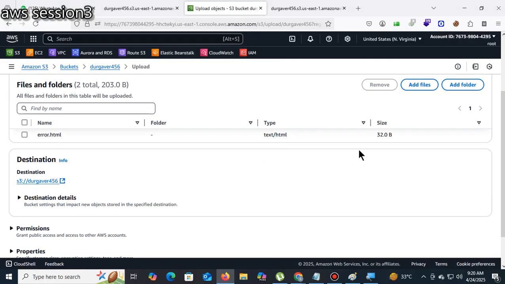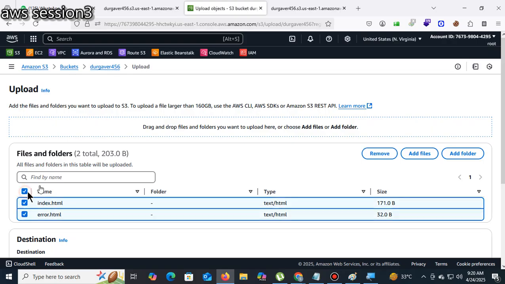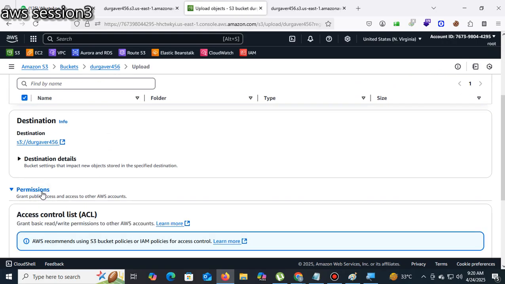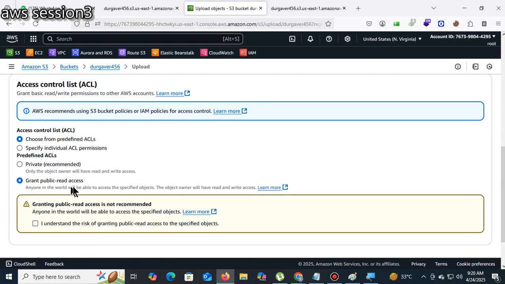I open this one and make it public. Remember, grant public read access means other people can only read.